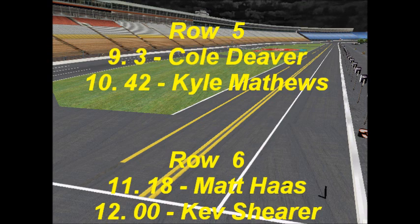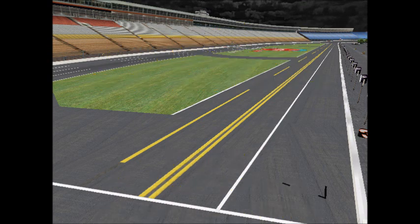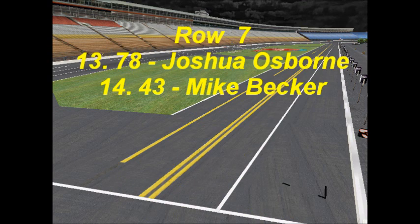And starting row 6 will be Matt Haas, number 18, and number 00, Cav Shearer. This time, at least he didn't overshoot his pit. But still a slow second lap at 122, a slow overall lap at 122.707. Starting shotgun in the 7th row for the moment, Joshua Osborne in 78, and number 43, Mike Becker. So the good news for Becker, he will not start last in the Winston All-Star Race,